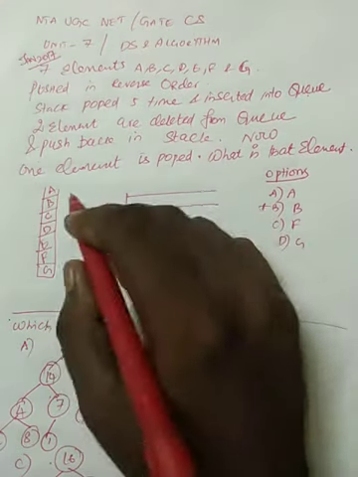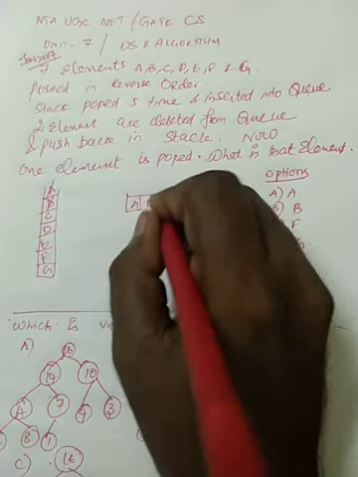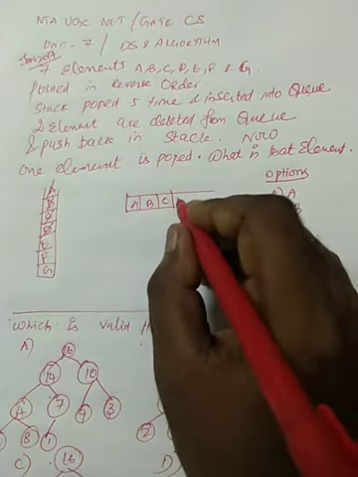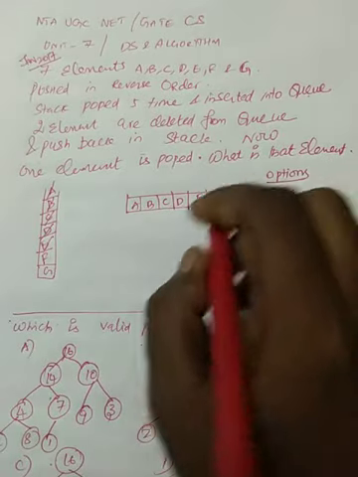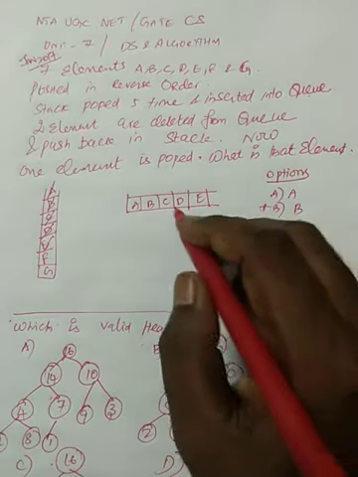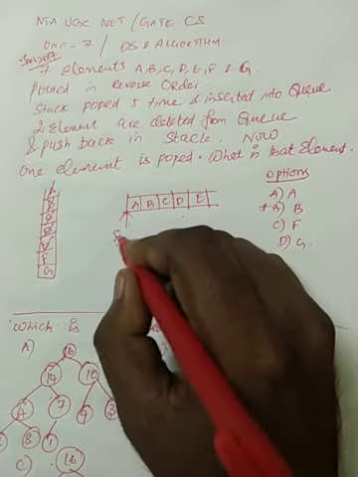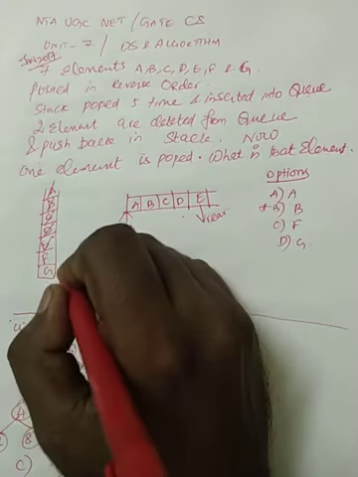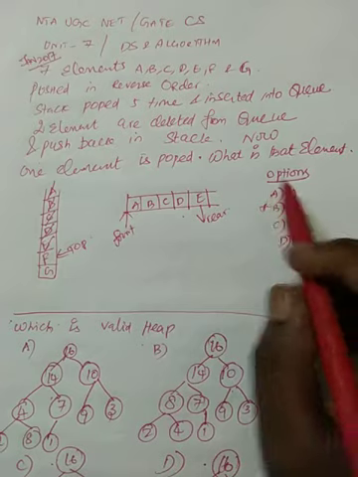So now if you are popping the first time, A will be coming here, again popping, B is coming here, and C is coming here, and D, and E is coming here. Okay, 5 elements popped and inserted in the queue. Usually front is pointing here, rear is pointing here, and now the top of the stack is nothing but here.